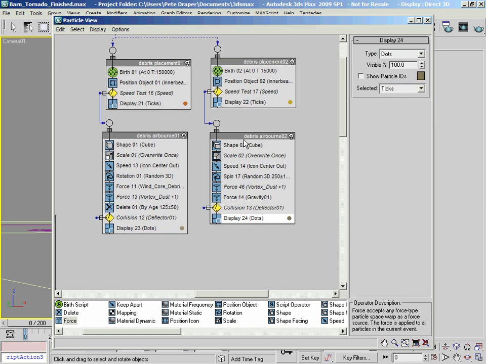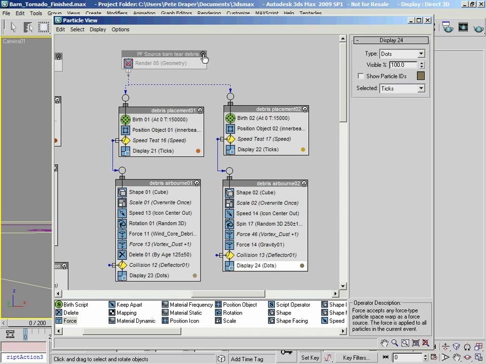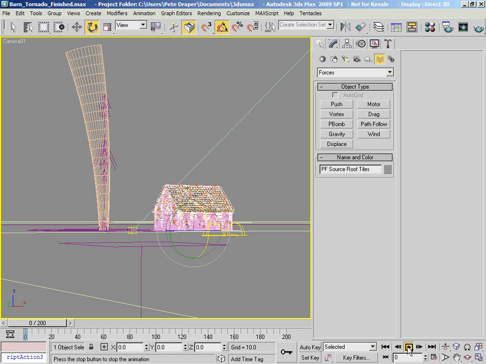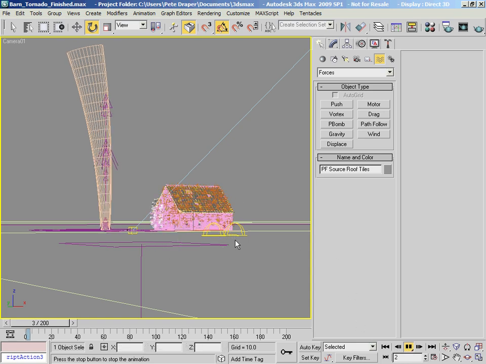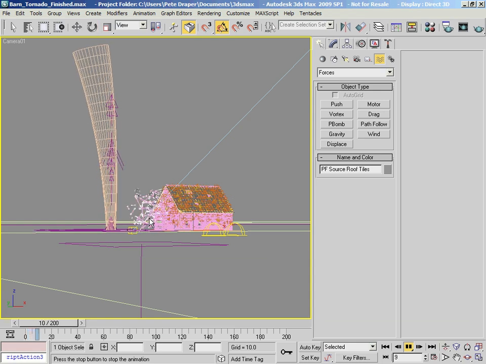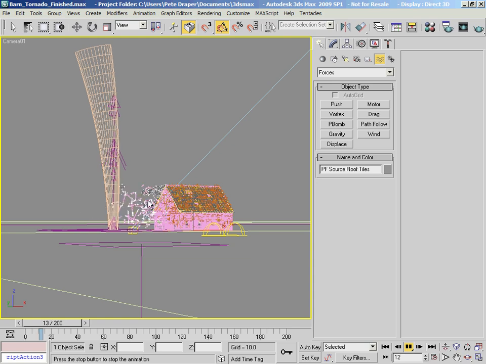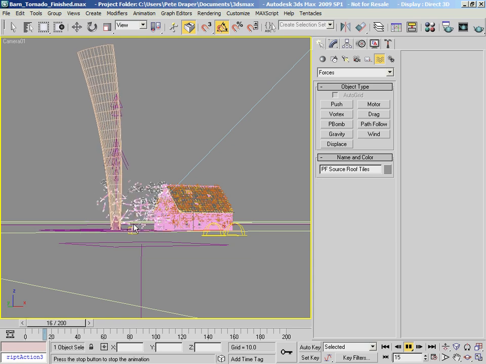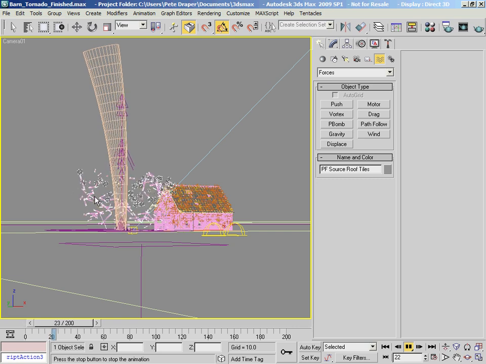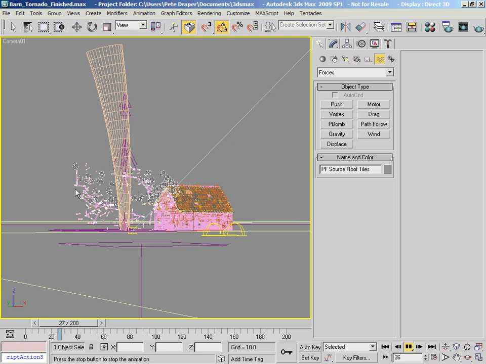So when it actually comes down to it, if I just turn this back on, now it should go through our system a lot quicker if I just play through. Even though it's going to take a little while to distribute, you notice it's playing through a lot quicker, quite simply because it's just space warps which are handling the distribution now. Now you can see these are coming out and starting to swirl around quite nicely.